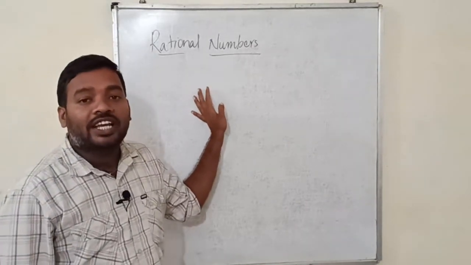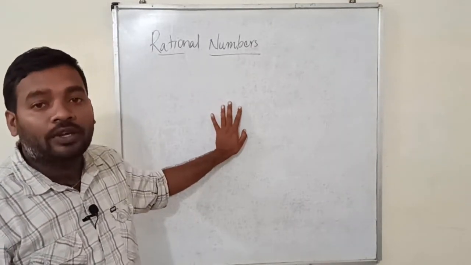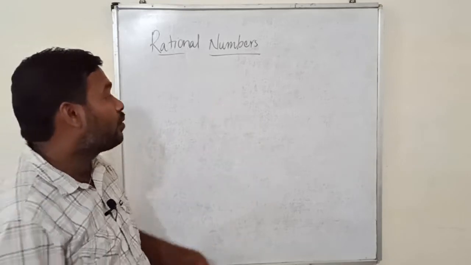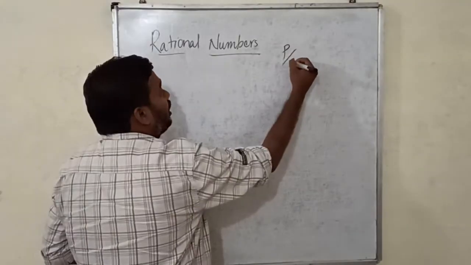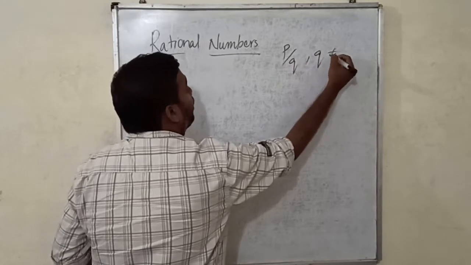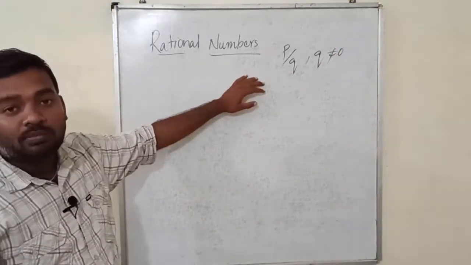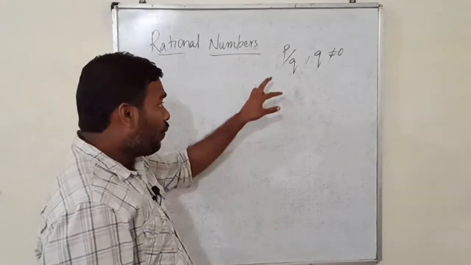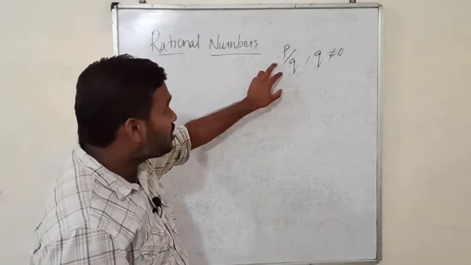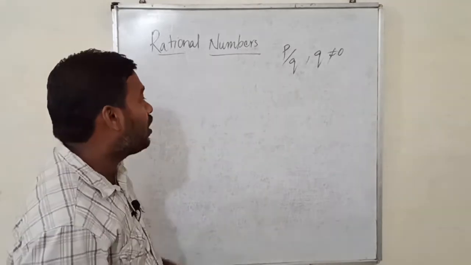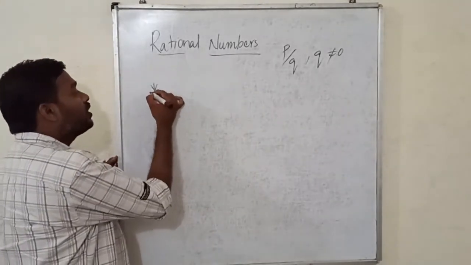The numbers which can be written in the form of p by q where q is not equal to 0 are rational numbers. When you are transforming a rational number into decimal, we are going to encounter terminating decimal